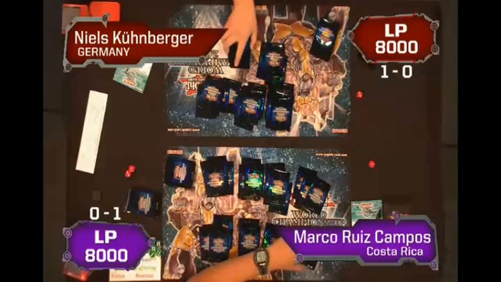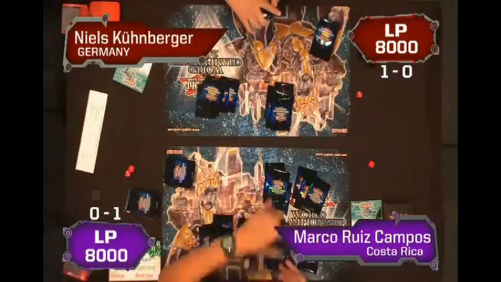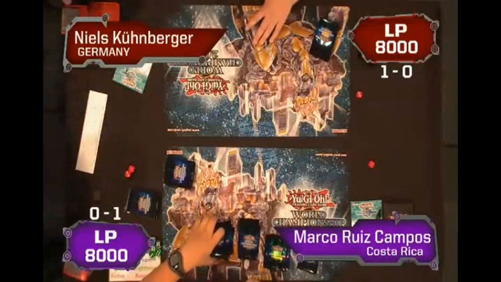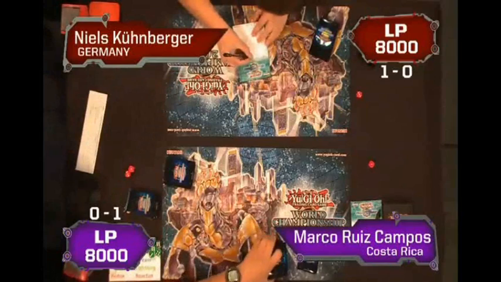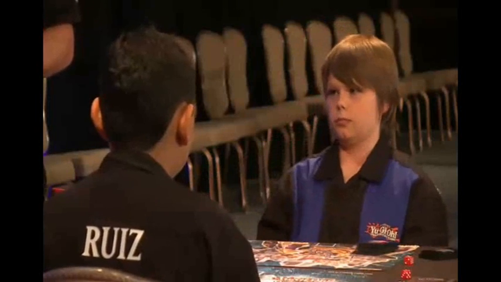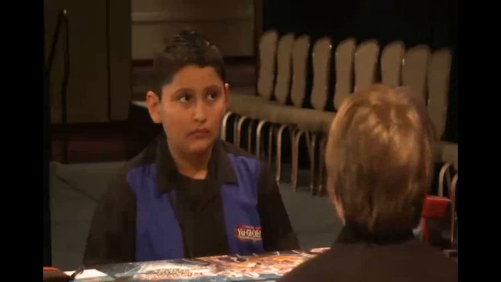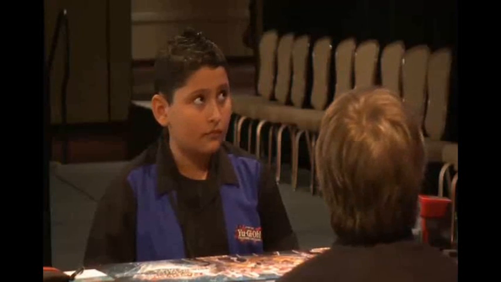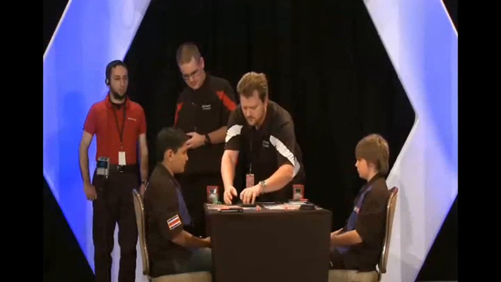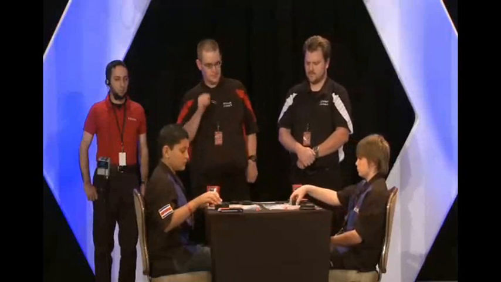So they're going to start. All right, I'm just about ready to start the second duel. Side decking is very simple in this matchup for them. Their goal is to prevent the opponent from playing their best cards in any way possible. For Marco, that means that he's going to add Horus the Black Flame Dragon level 6 and 8 to his